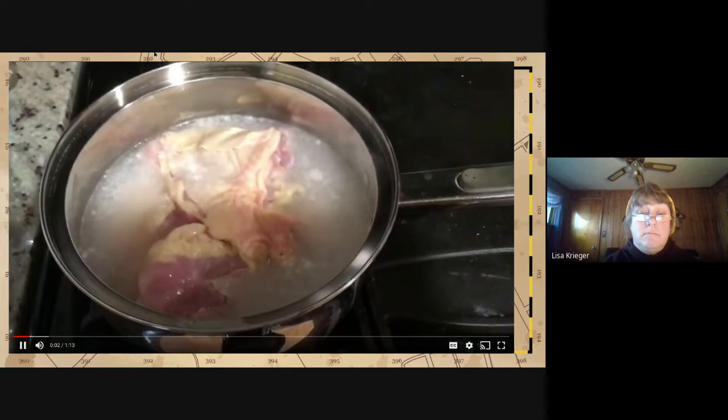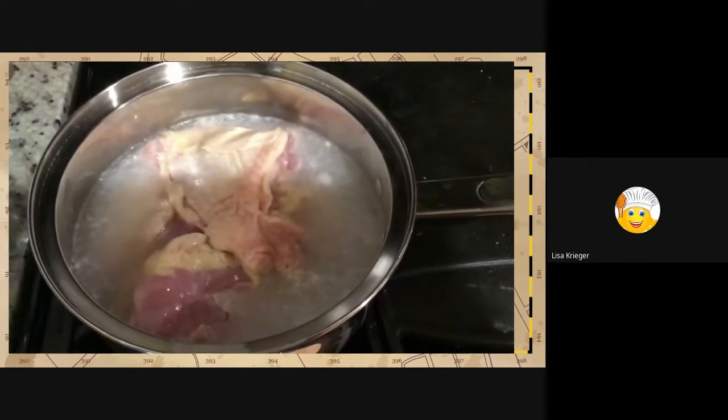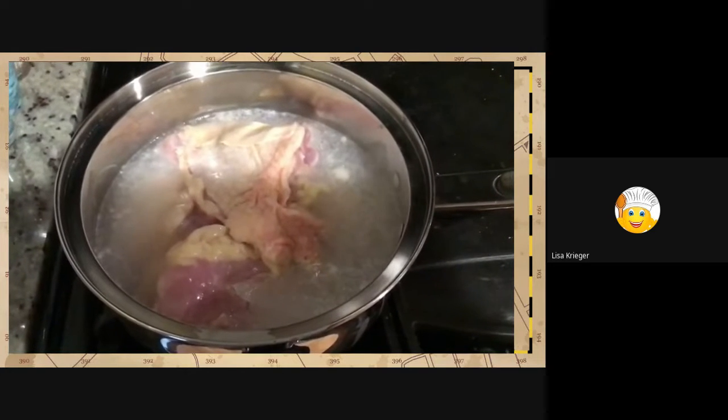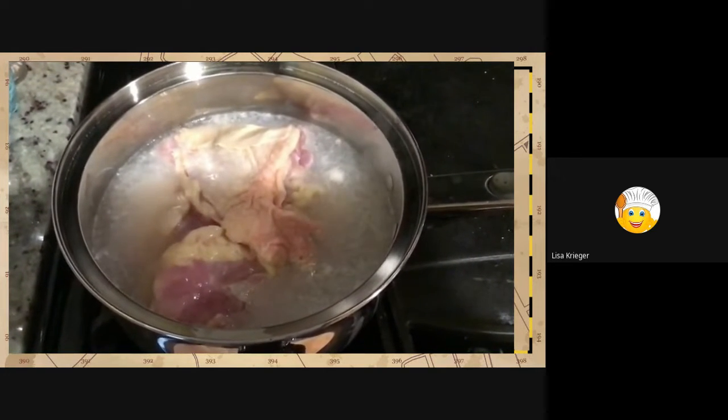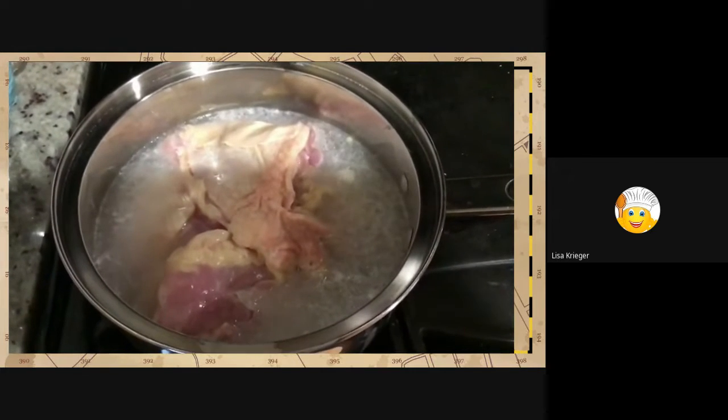I start by boiling my chicken thighs. I like chicken thighs. They seem to be a little bit more moist and flavorful. I will boil them for about 20 minutes to half hour until they're nice and tender. I do like to leave the skin and the bone on because I feel it makes a big difference in